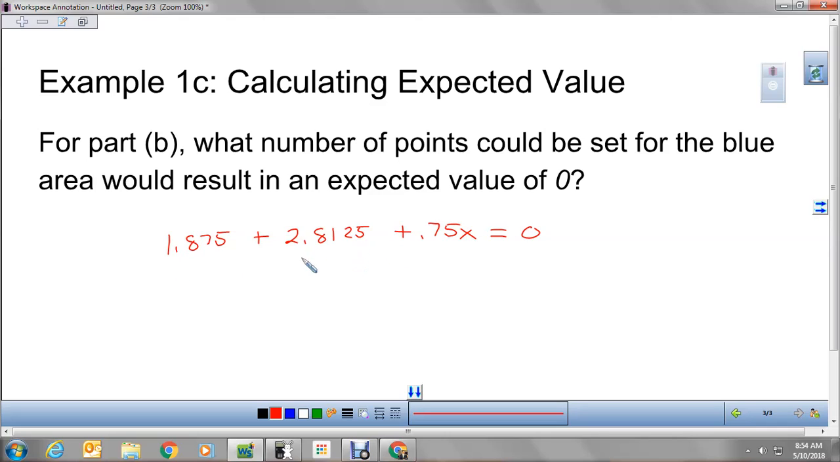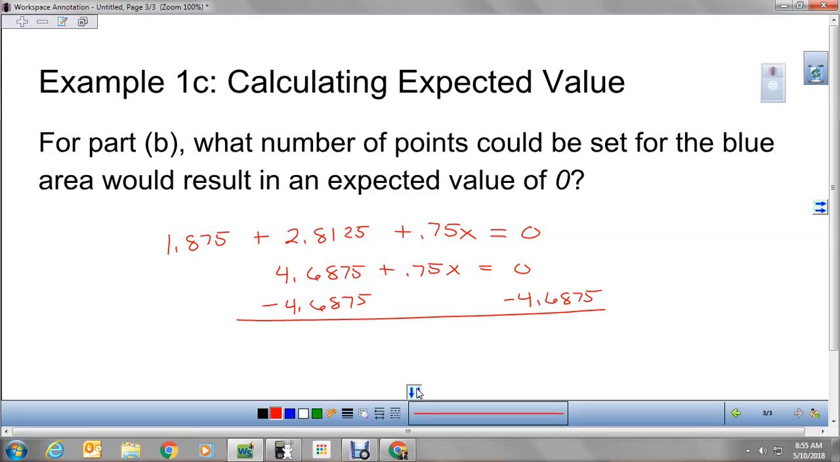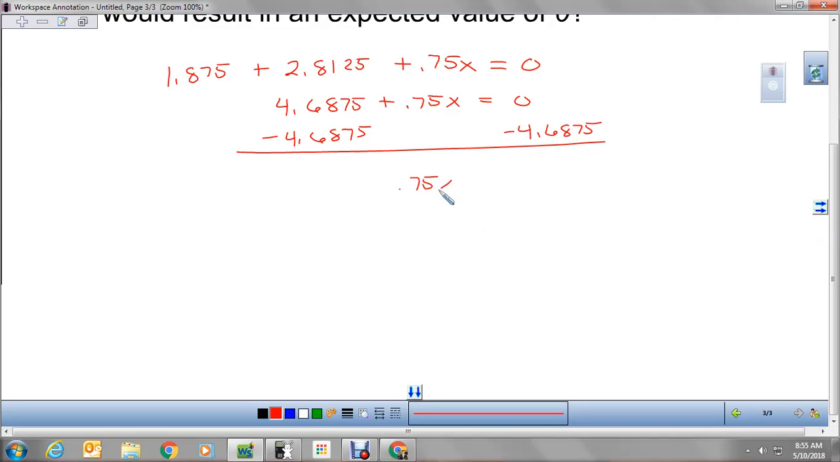We add these together, and that's going to give us 4.6875. Remember, don't round off, just leave them as they are. 0.75x equals 0. So now we're going to subtract 4.6875 from both sides. So we get 0.75x equal to a negative 4.6875. Divide now by 0.75. And so x is going to be approximately, as we divide this number here,